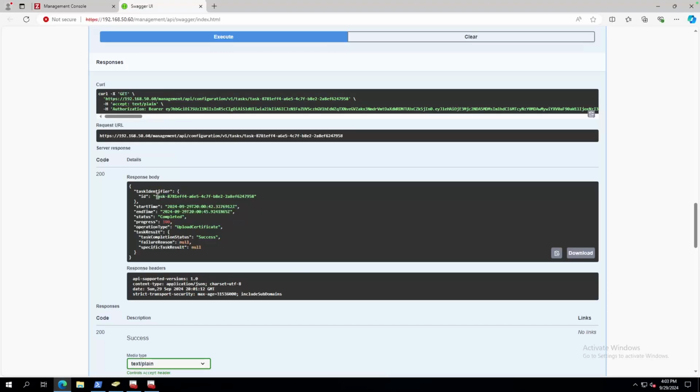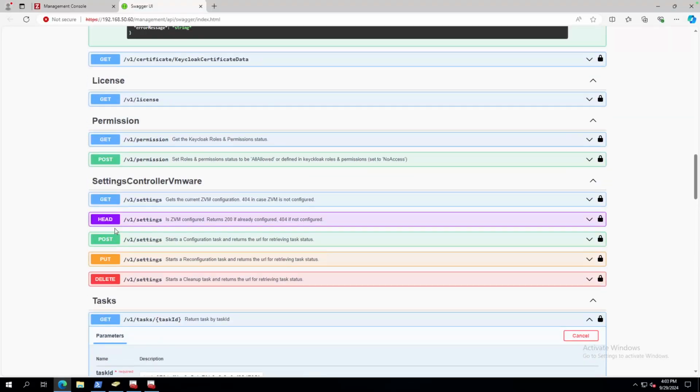As you can see here, we have the task ID, when it started, when it ended. Obviously, it only took about 3 seconds to upload it and complete the task. It tells you it was completed, and it tells you that it was successful. And so that means we should be good to